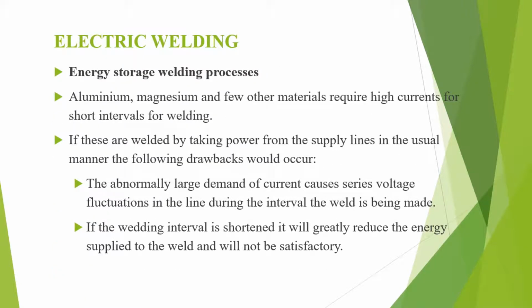Energy storage welding processes. Aluminium, magnesium and a few other materials require high currents for a short interval of time for welding. But if these are welded by taking power from the supply lines in the usual manner, the following drawbacks arise. The abnormally large demand of current causes serious voltage fluctuations in the line during the interval the weld is being made. If the welding interval is shortened, it will greatly reduce the energy supplied to the weld and it will